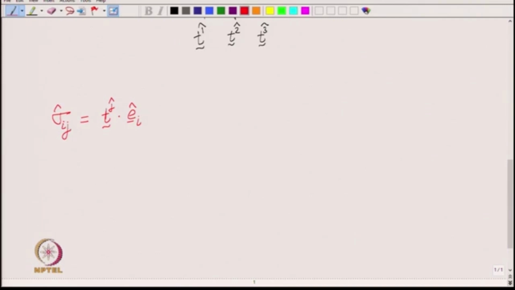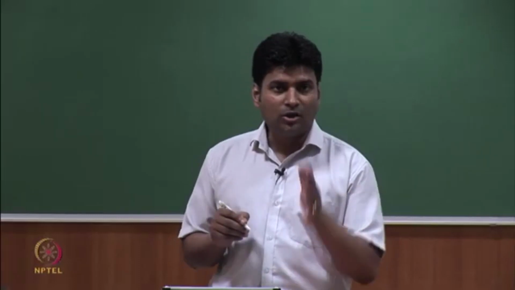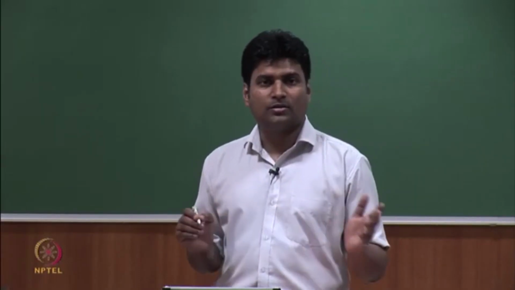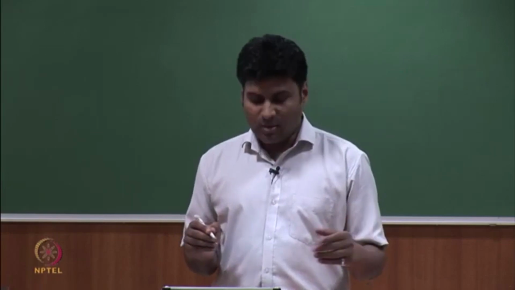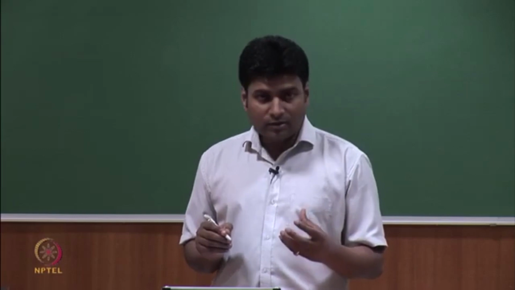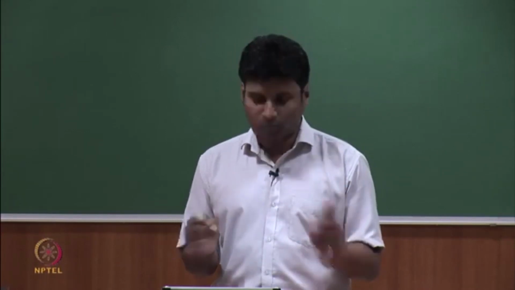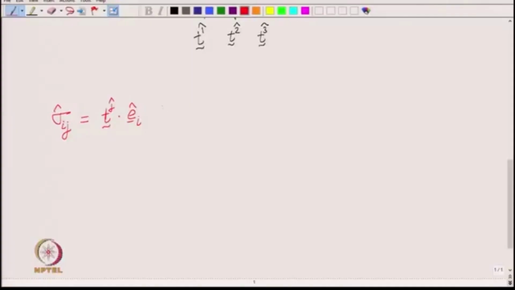and then let us try to write down T j hat, the traction on the E j hat plane, in terms of the tractions on E 1, E 2, E 3 planes. Remember from the second lecture we found out the relationship for traction on an arbitrary plane in terms of 3 other planes. So, we are going to use that formula. So, this is then equal to